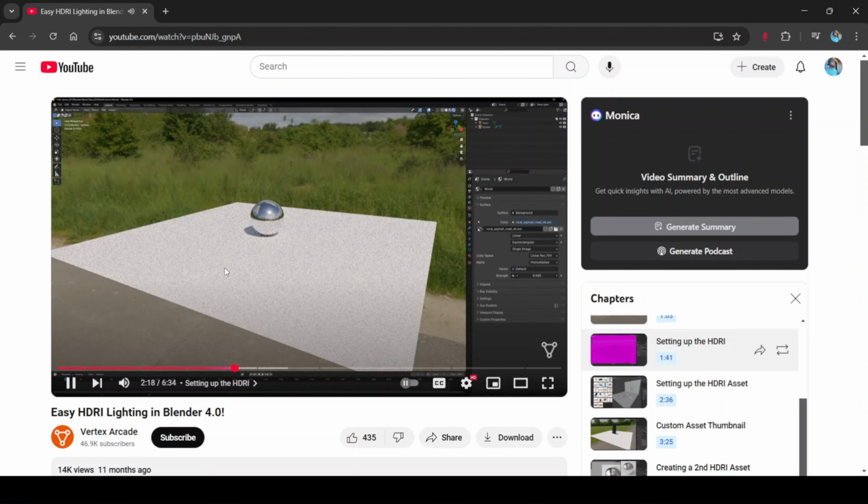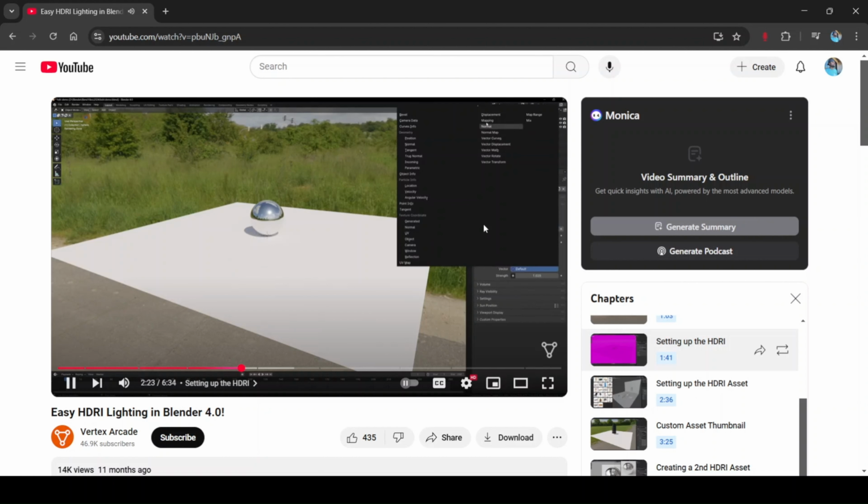The brightness. It would also be nice to be able to rotate the texture, and we can do this very easily by changing the vector from default to mapping, and then